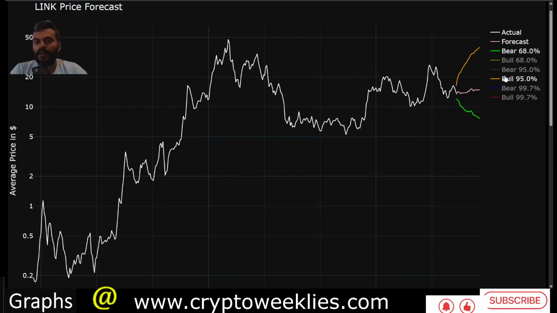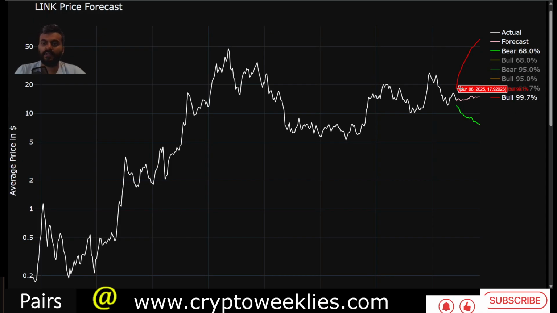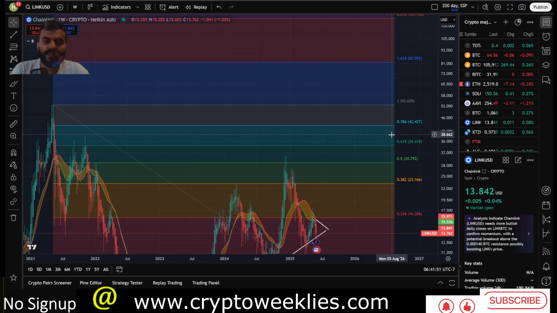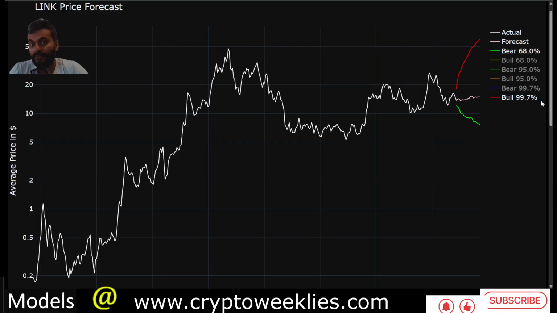That means anything above this orange line, if it were to occur in this next 6 months, that would be a favorable seasonality. That is the 3 standard deviation ceiling for LINK between $17.92 and about $59 to $60. A $60 LINK is predicted as a price ceiling within that 99.7%, or only, realistically speaking, less than